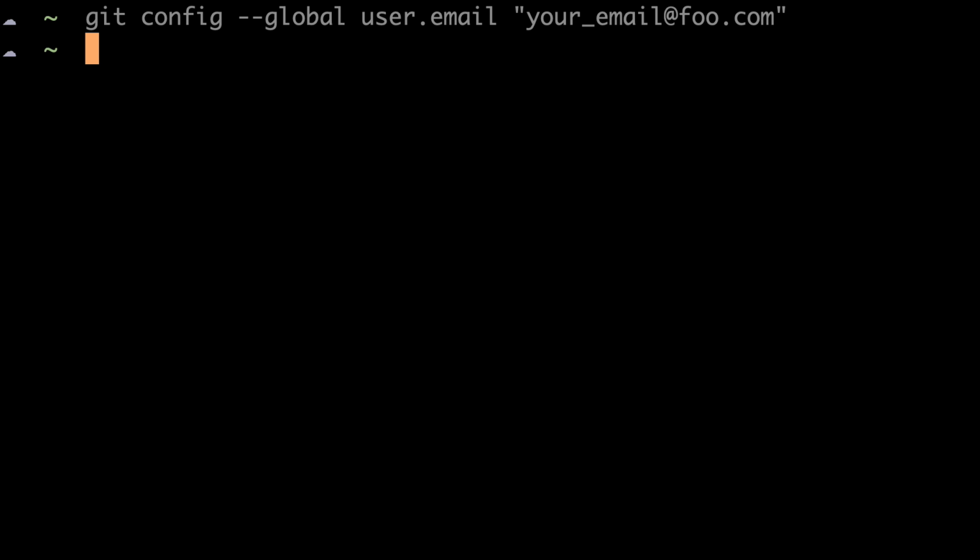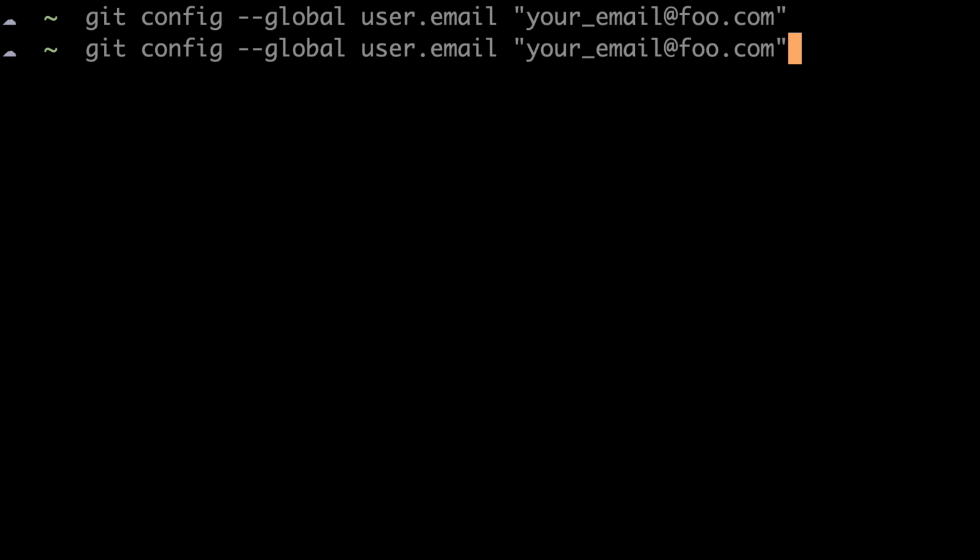Okay, so the first thing that we're going to do is actually update our Git config to set our email and our name. To do this, we can run the command git config --global user.email, and then here you would type in your email, and then we would run the same command here for our username. And once you've done this, you now have essentially set your identity globally when you're using Git in this particular